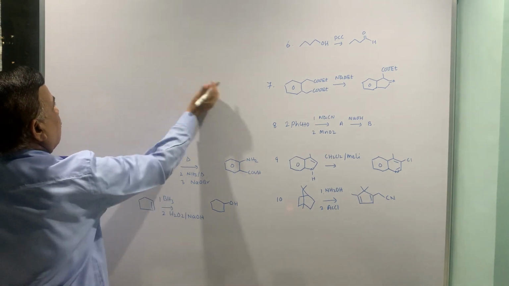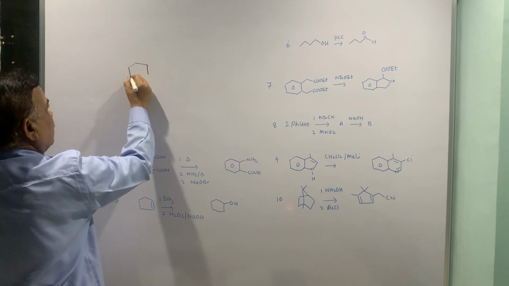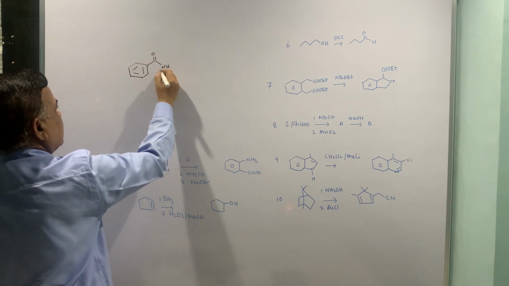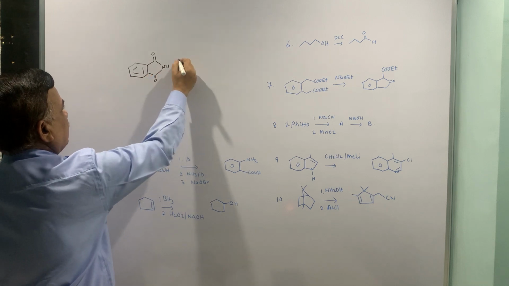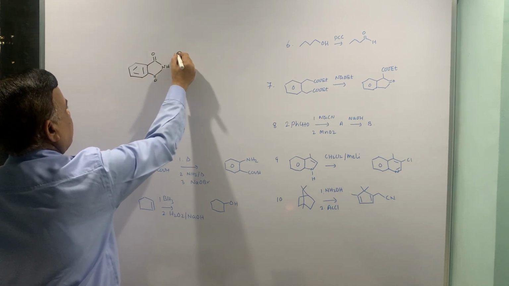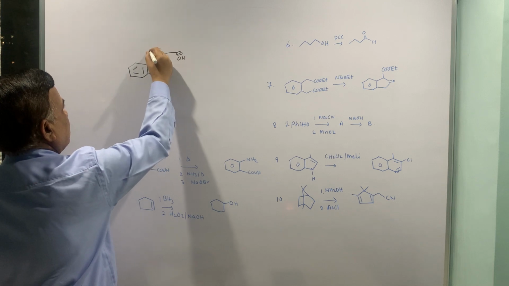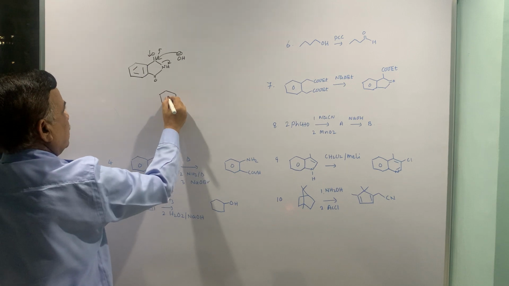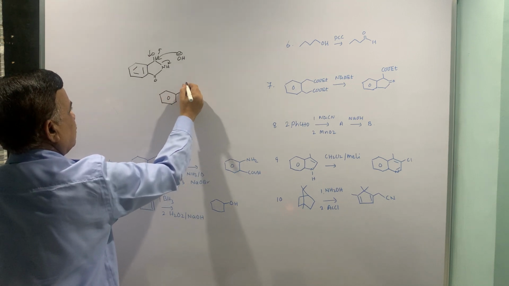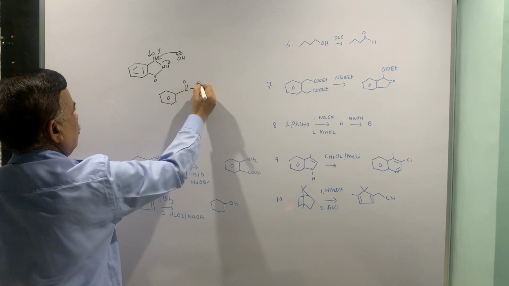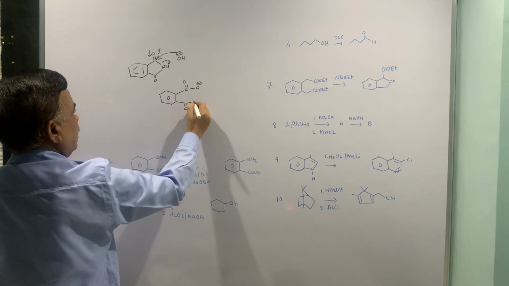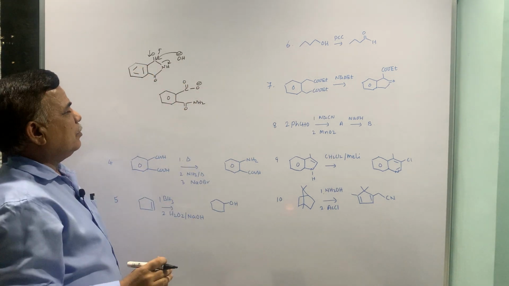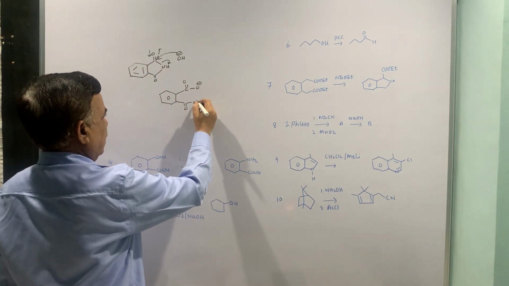So the first thing is, let me put phthalimide, this is phthalimide, then the first thing is it should open up. When it opens up, this becomes CO, O minus, and this is CONH2. You can show NH minus, but eventually it will take up the proton. Now this NH2